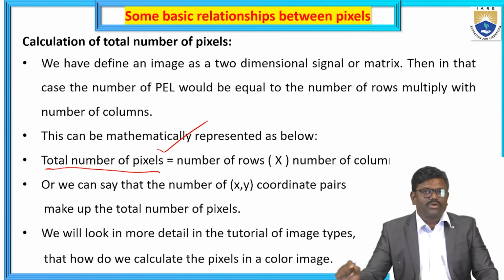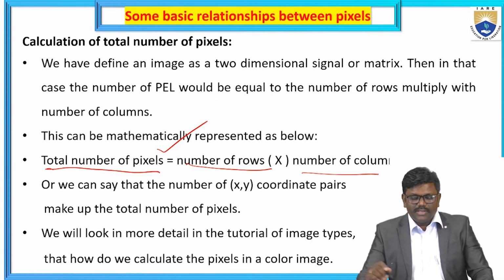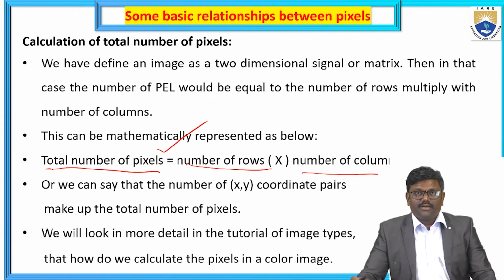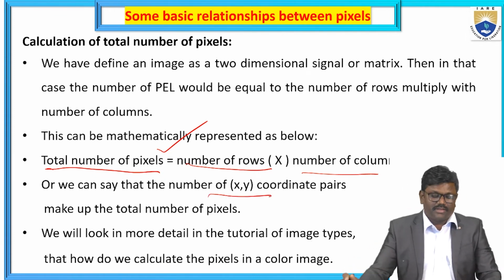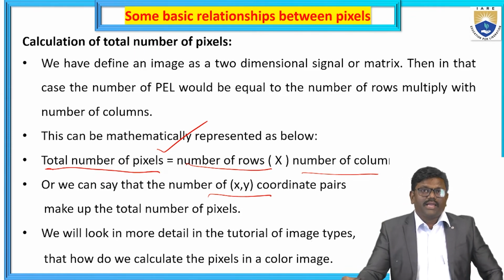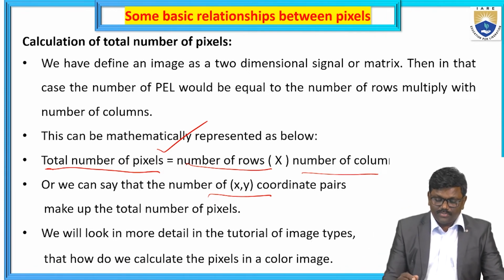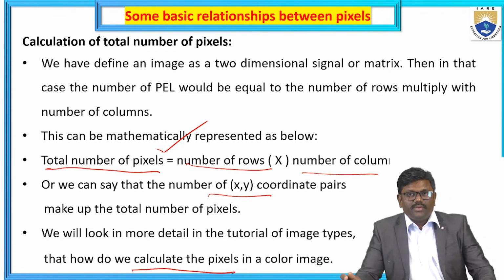We find the total number of pixels by multiplying the rows and the columns. So based on those rows and columns, being a two-dimensional matrix or two-dimensional signal, it has coordinates of x comma y because it is two-dimensional. So when we are looking at a particular image, we will calculate that relationship and compare